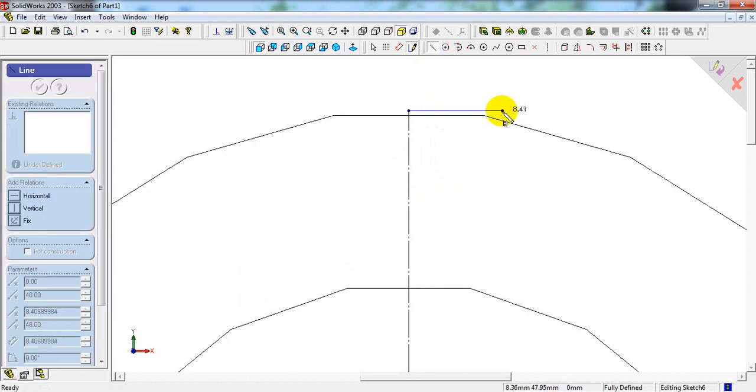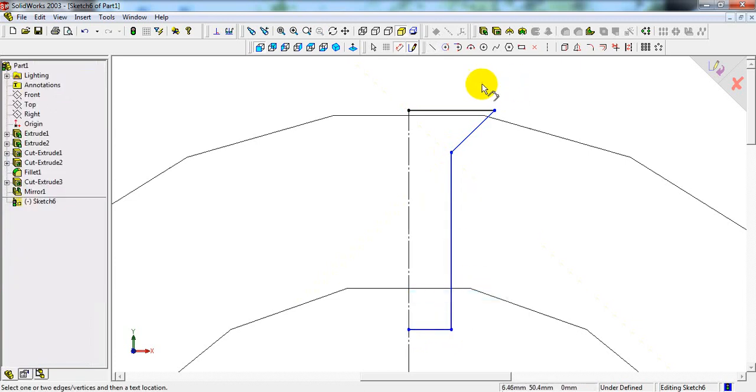Since the diameter is 14 mm, approximately take 7 mm. Draw an inclined line followed by a vertical line. Don't end this line up to here, extend it up like this. Make dimension.